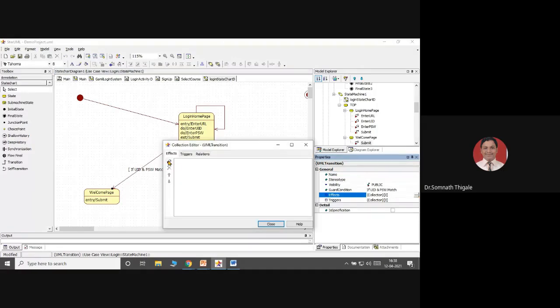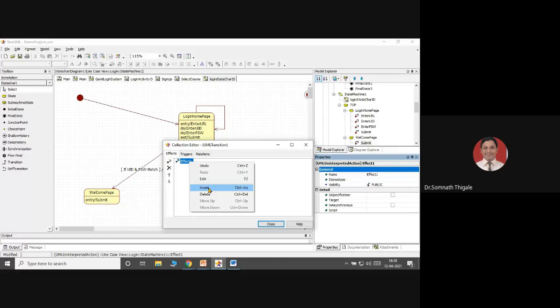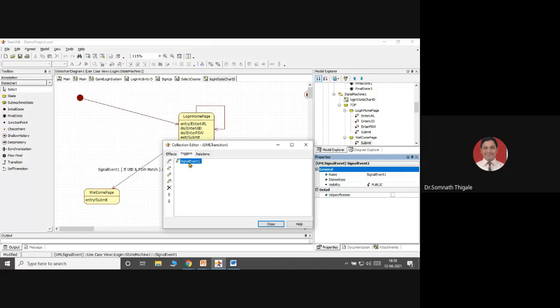The effect is display welcome page, and trigger, what happens, it displays who has entered. So it displays the message on the screen, welcome plus whatever user ID you have entered, the UID will display.